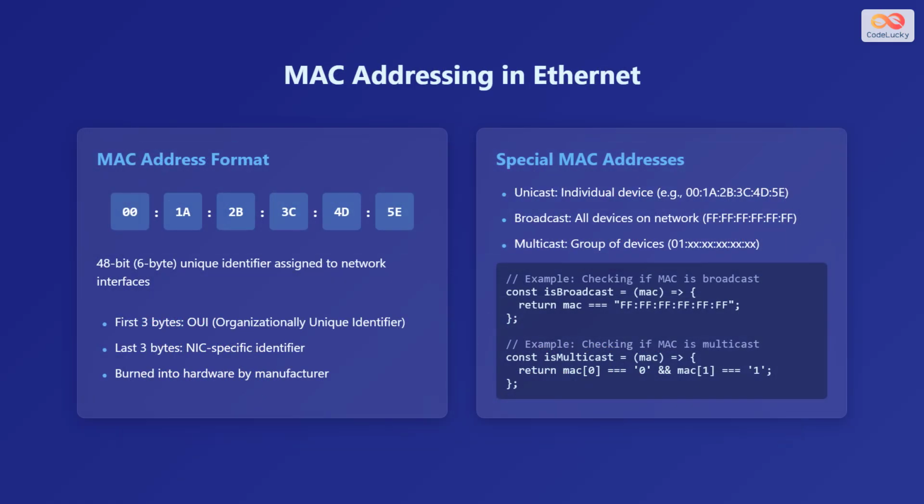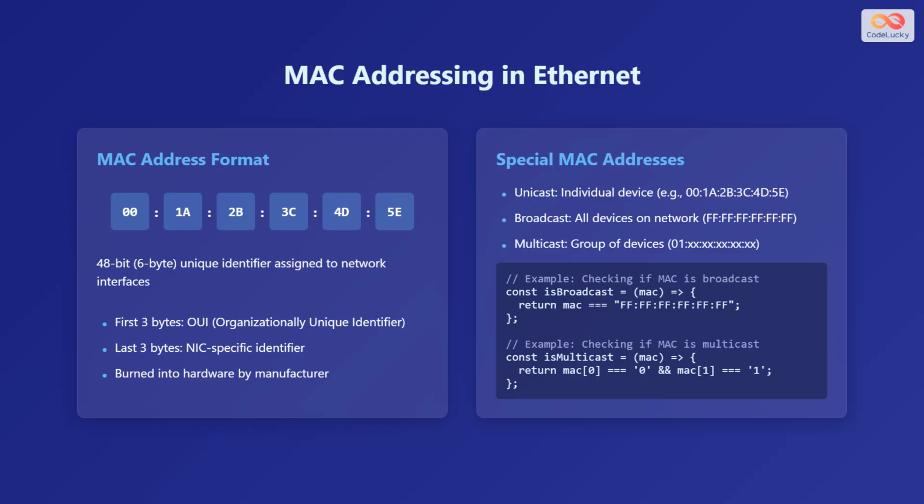Now let's delve into media access control, or MAC, addressing in Ethernet. A MAC address is a 48-bit, or 6-byte, unique identifier assigned to network interfaces. It is typically represented in hexadecimal format. As you can see, it is shown here as 00:1A:2B:3C:4D:5E. MAC addresses include unicast, which is for an individual device, broadcast, which is for all devices on the network,